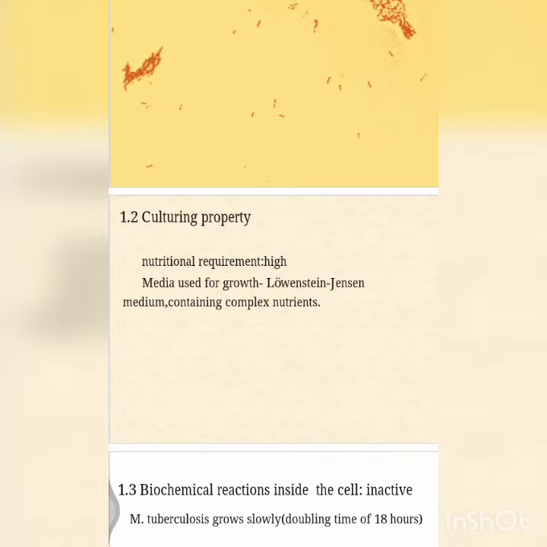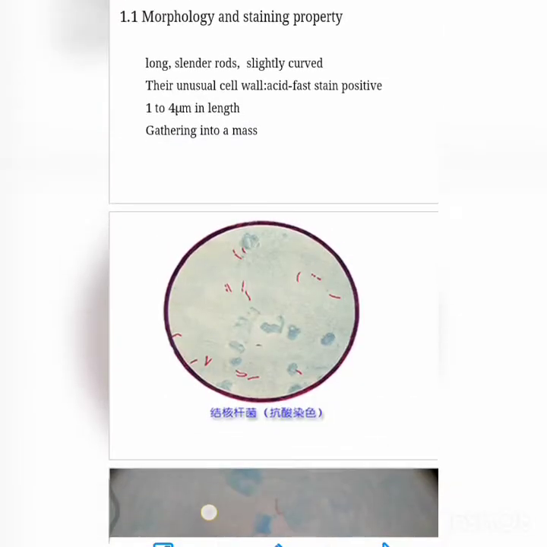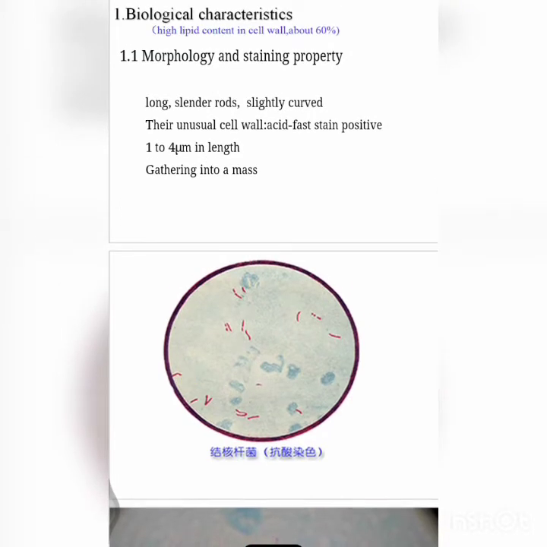So remember, in solid media we can also prepare vaccines. So these are the important points. How does the colony appear? You can see the colony here. It appears dry, rough, raised, wrinkled, irregular, buff and tough. So these are rough, tough and buff.